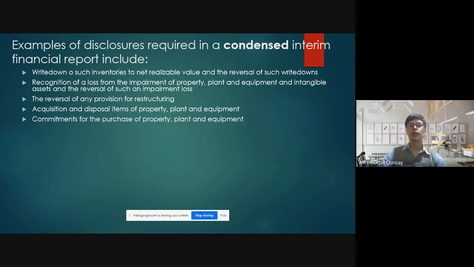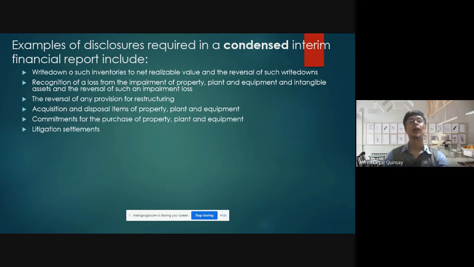Commitments for the purchase of property, plant, and equipment. Of course, that's one of the disclosures needed. Litigation settlements. So when you talk about litigation, this could either be a provision, no? A provision for contingent liability, especially yung mga contingent liability na merong halimbawa the company